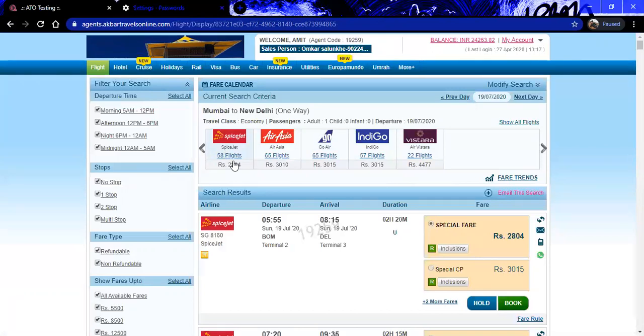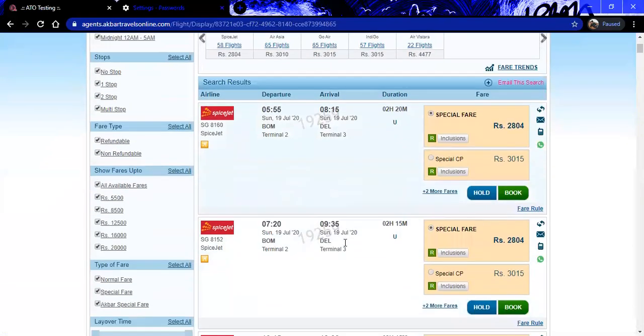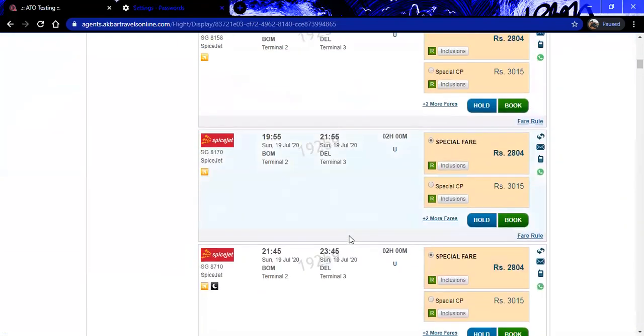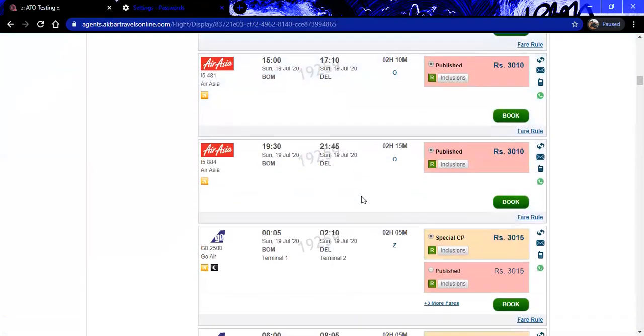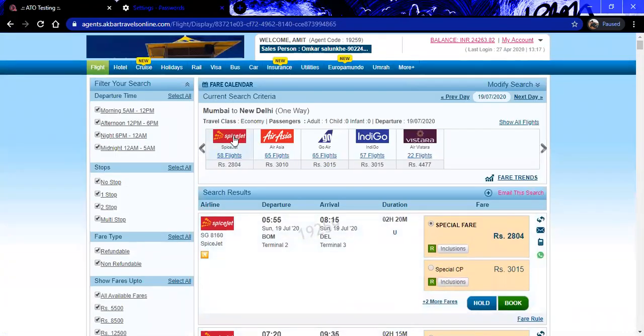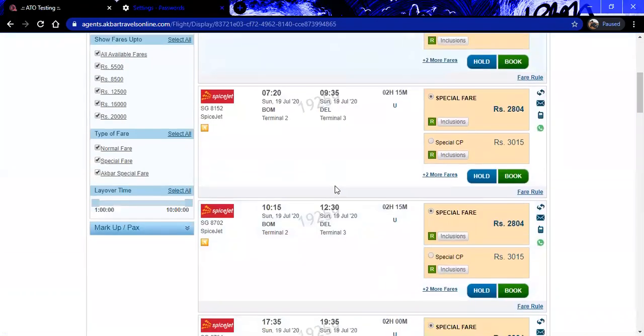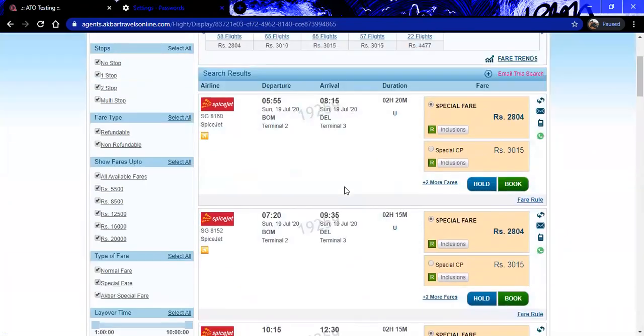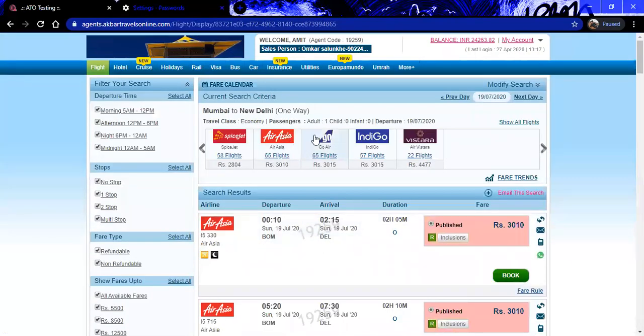In this search also you can use this airline matrix. Whatever search you have done will be a mixed search, so SpiceJet is there, AirAsia is there, Go Airways is there. If you wish to see only SpiceJet, we have given an option over here itself. Just click on SpiceJet, and you will get only SpiceJet options below. Similarly, this is applicable for the other airlines also, maybe AirAsia, Go Airways, IndiGo or Vistara. The page will show accordingly in front of you. This is the airline matrix I showed you.